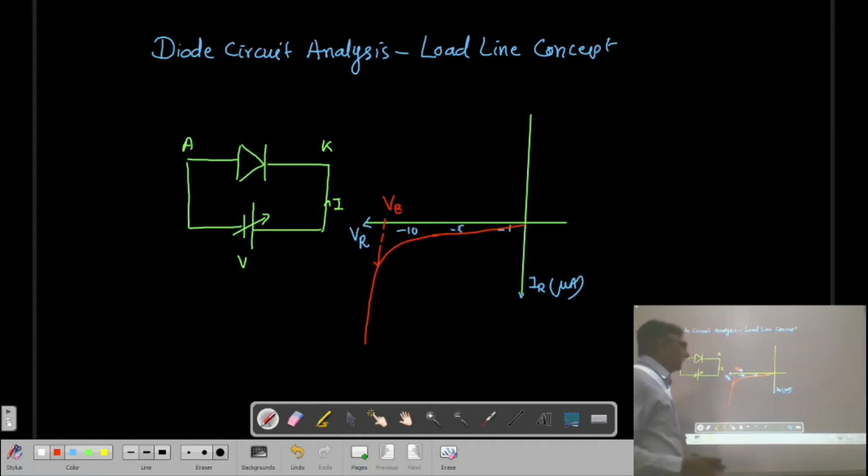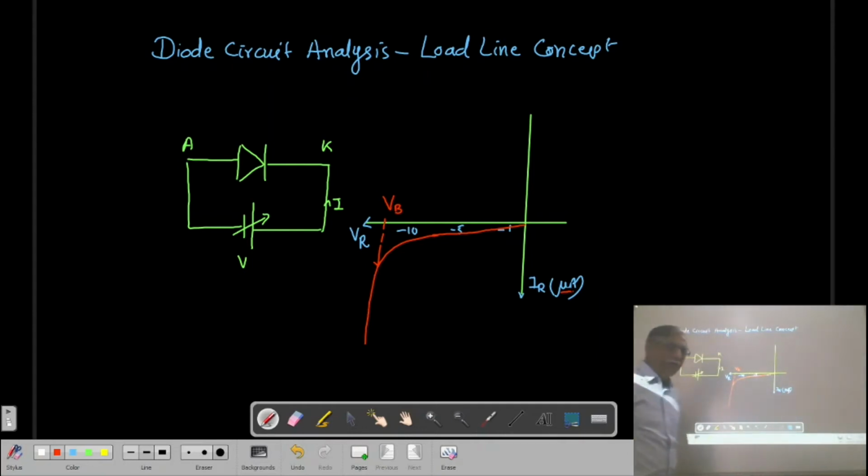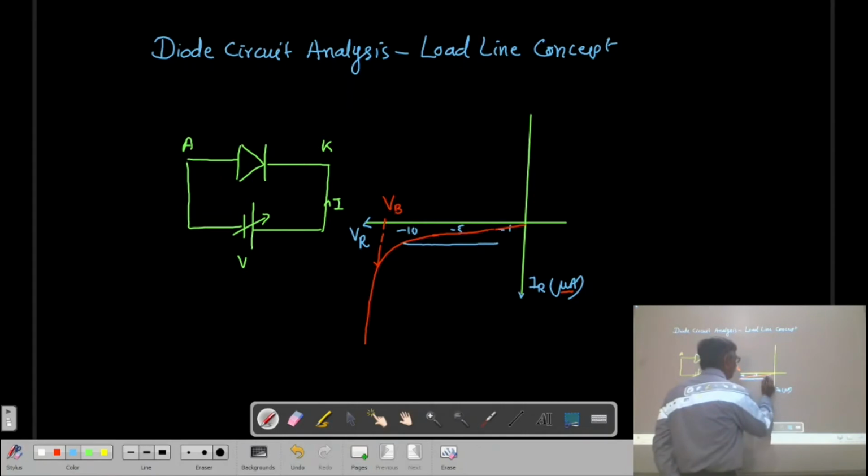But what I mean to say is that when the diode is in reverse bias, the flow of current is very, very small, in the order of a microampere. Now let us see what is the resistance offered by the PN junction. Again, to find the resistance, here we take the slope of this.